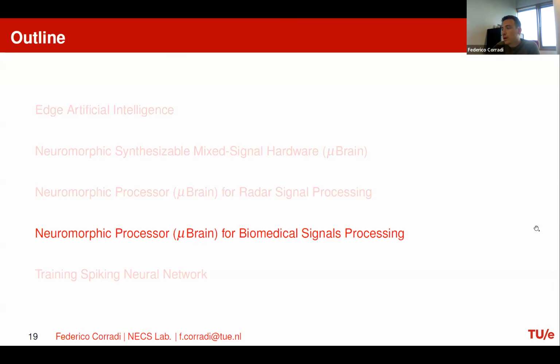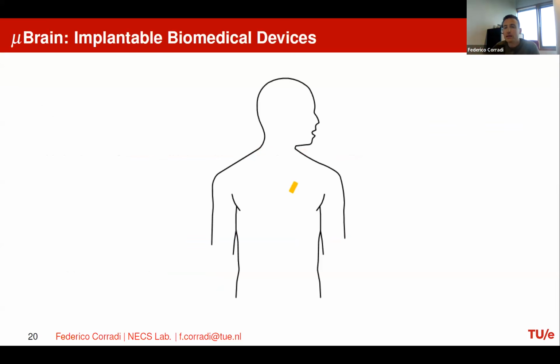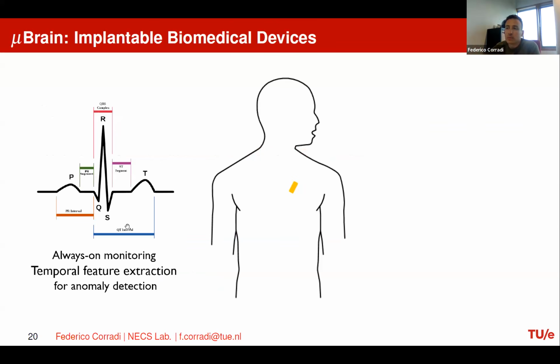In order to do so, we looked at the case of insertable devices. Imagine a device that goes under your skin, close to your heart. The task here is to monitor the temporal features of the electrocardiogram signals, the complexes like the P, Q, R, S, and T wave or complex. It is an always-on monitoring task, and we need to perform temporal feature extraction